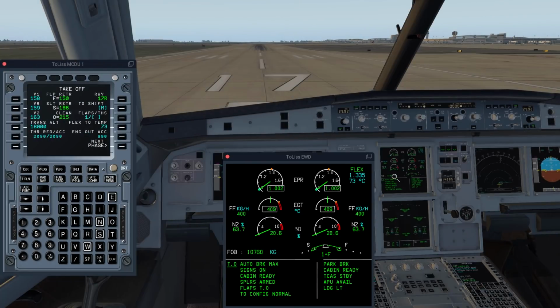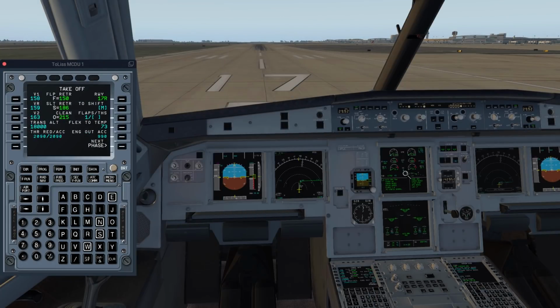Alright, so here we are. We are set up. Our engines are spooled. Our fuel is good. Our temperature is good. Our takeoff data matches exactly